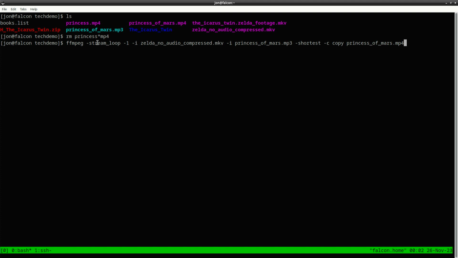So I've got FFmpeg, and then I've got -stream loop that tells it to actually loop the next stream listed, and then this -1 here tells it to do it infinitely. And then we actually tell it what stream to use, which is this Zelda no audio compressed. And then we tell it our audio input, which is this MP3 of A Princess of Mars, which is 5 hours and 50 minutes from the Project Gutenberg Princess of Mars